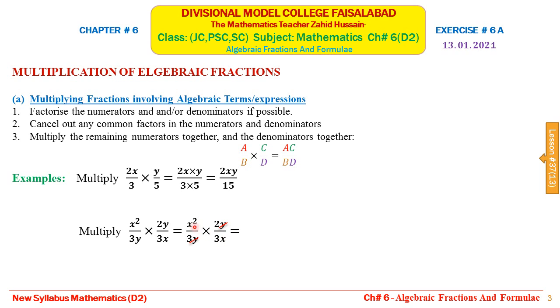We know that in division the powers of the variable are subtracted. So x to its power 2 divided by x to its power 1 gives us x to its power 1. Now we will multiply x to its power 1 with 2 and 3 with 3 to get the final answer. So this is multiplication of